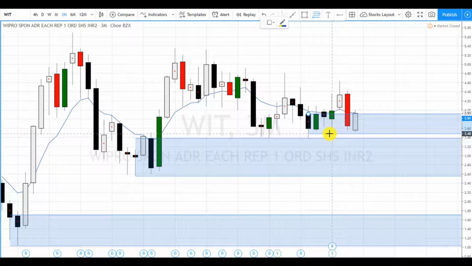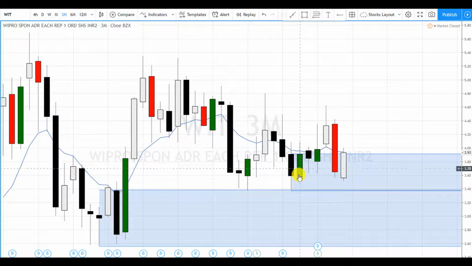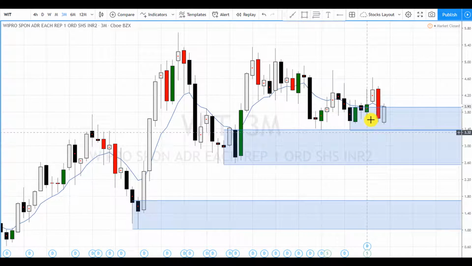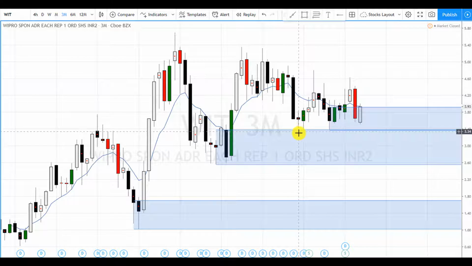But then it also created an area of demand here. Now, this level is not tradable, and we have very specific rules to tell us why it's not tradable. So any demand zones inside this area will need to wait for a validation. Otherwise, if it breaks this area and goes into this area, then we also need validation because this zone has been tested twice already, one time here and another time here. Okay,